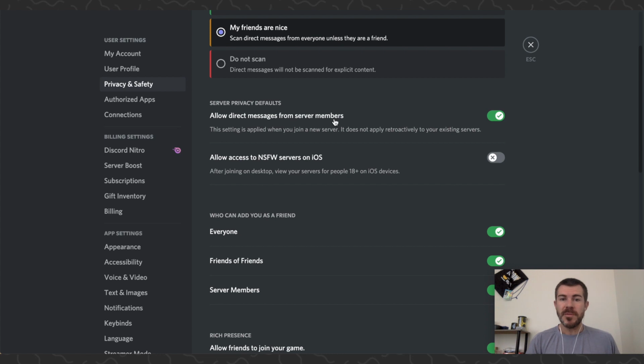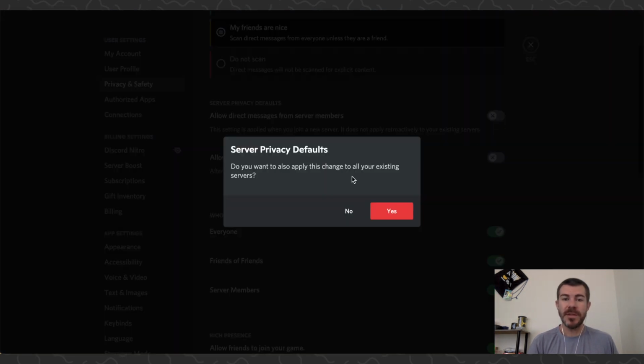from server members. So this means that anybody in any random server that you're in, if they're also in it, they can message you. So you want to turn this off, and then it's going to give you a pop-up here. Do you want to also apply this change to all of your existing servers? So you want to click yes, then it makes it so basically only your friends can message you, and now